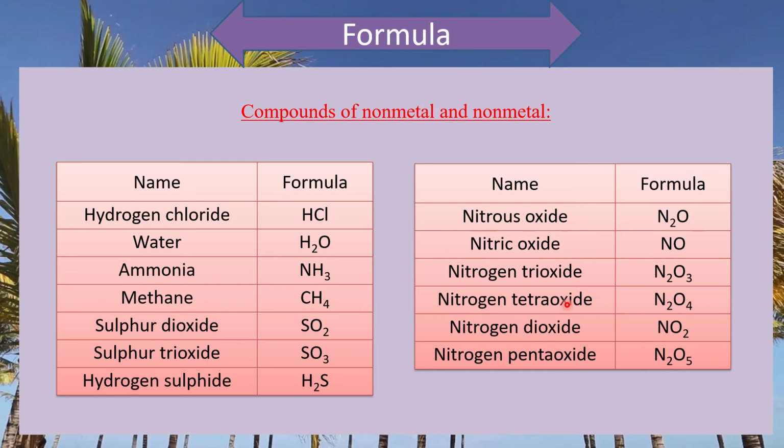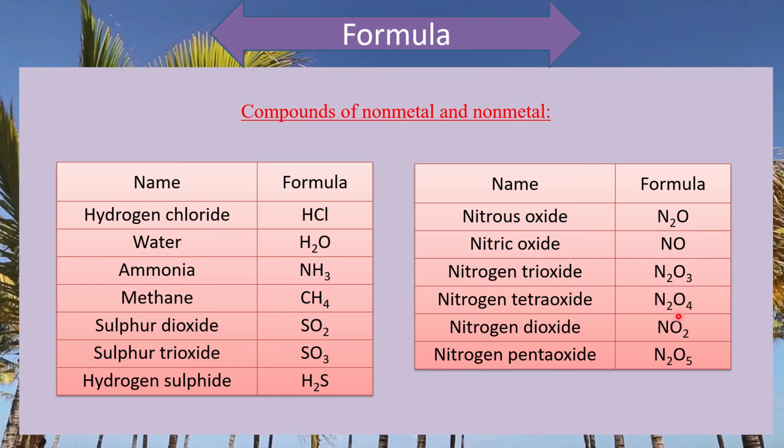Di means 2, tri means 3, tetra means 4, penta means 5, hexa means 6, and some more will come. You will learn this next. Nitrogen tetraoxide: here the valency of nitrogen is 4, so the formula is